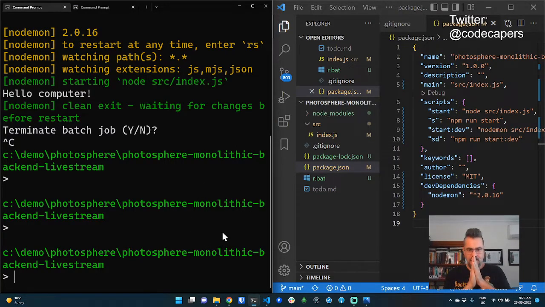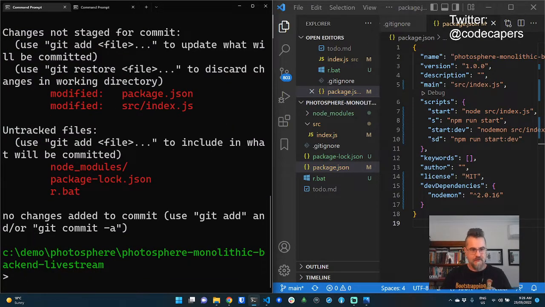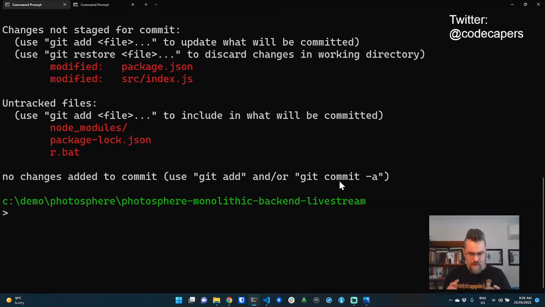Cool. I'm going to commit this now. So I could do a git status. What I really want to do is a diff. Show you how to do that from a command line first. One of the most important things in development is doing a self-review, like reviewing your own code changes before you commit. Make sure that you're not committing any bugs that you can see or anything that's just ridiculously stupid. So this is the easiest way I know to stop yourself committing embarrassing mistakes to version control.